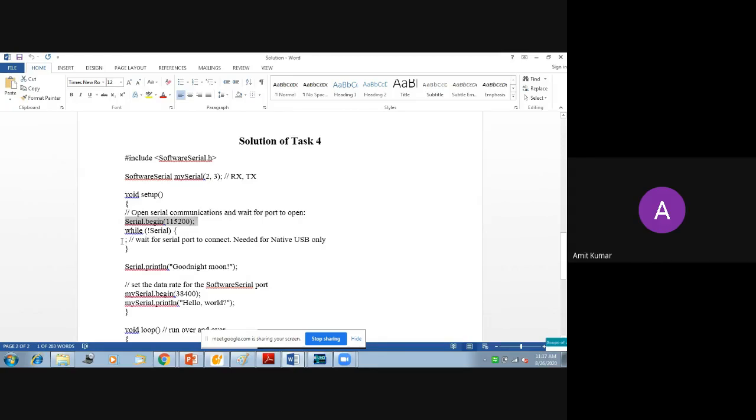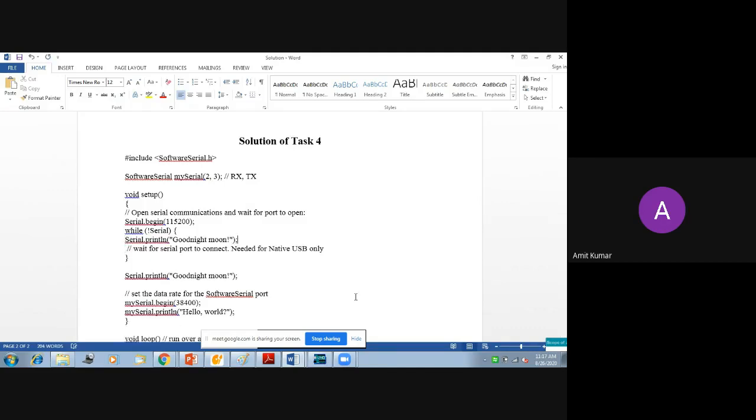Now, while !Serial: the exclamation mark means when serial equals 0, that is, serial is not available, it will execute nothing, or you can print serial not connected. Once it is connected, it will print serial connected.